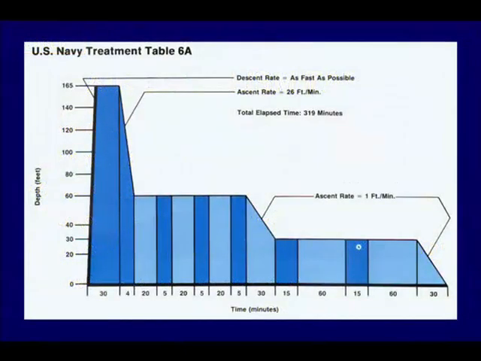This is what the table looks like, and one can see for a period of 30 minutes there is a short spike on air to 165 feet or 6 atmospheres, 50 meters, and during this period the objective is to compress all remaining bubbles in the cerebral circulation, after which, with a relatively rapid ascent from 50 meters to 18 meters, a regular US Navy Treatment Table 6 is resumed.